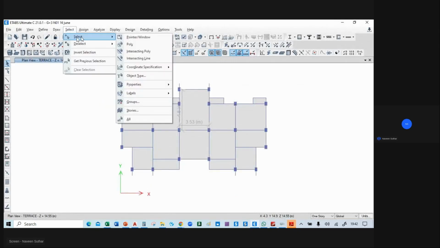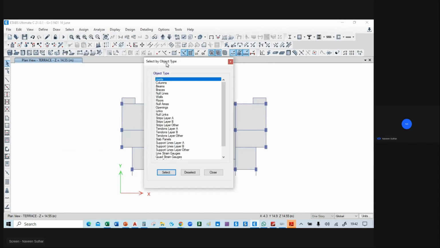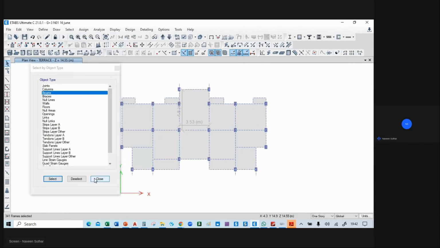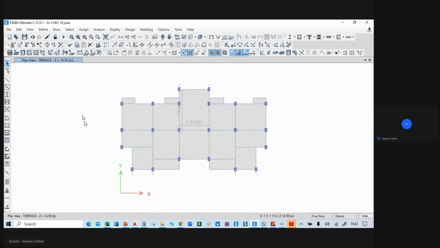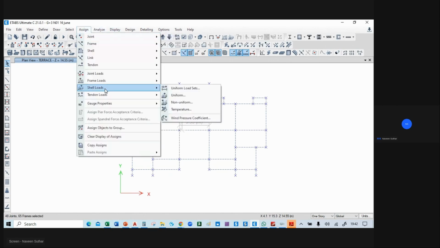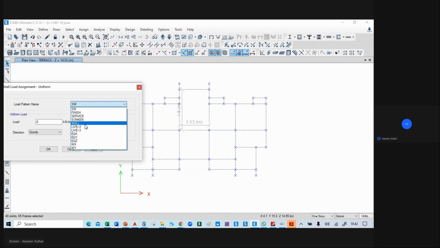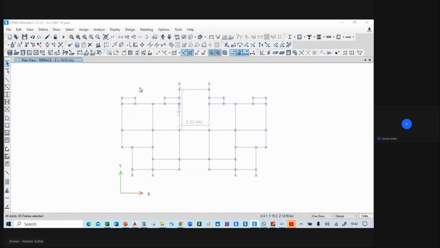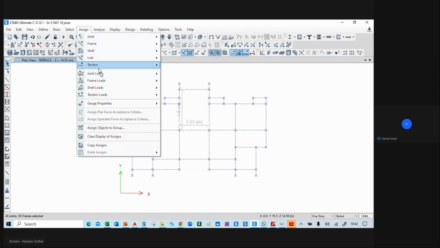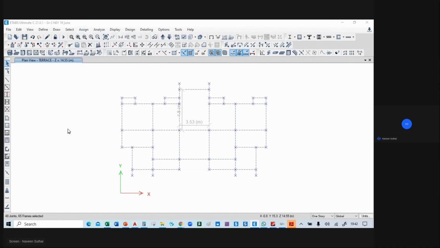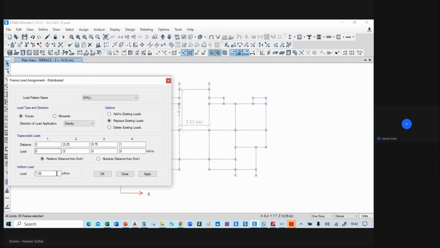So you have to go to the select object type, select beam only, and select beam and show selected object only. Okay, now we are seeing only beam. Select all the beam, go to the assign, shell load uniform, and here you have to select the wall. No. Go to the assign frame load distributed and select wall and paste